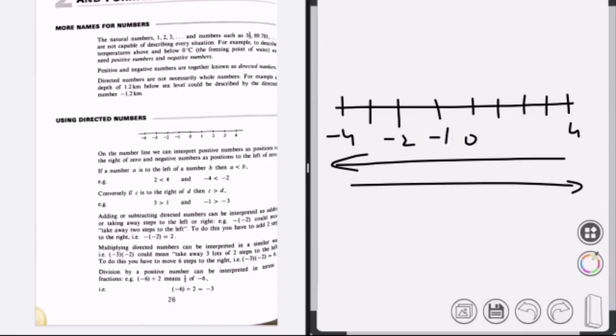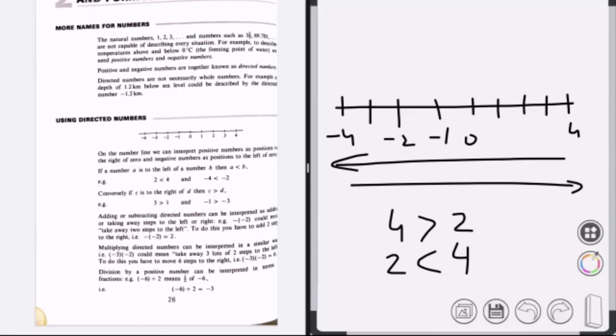This is a very important point I want to tell you. -4 is not greater than -2. Here the process is reversed. -2 is greater than -4. -4 is lesser than -2. We will use the same arrow for this purpose. So 4 is greater than 2 and 2 is lesser than 4. With this rule we will follow this.